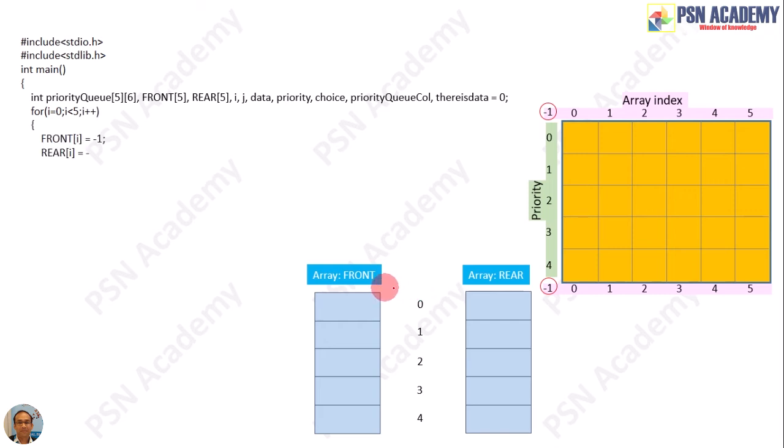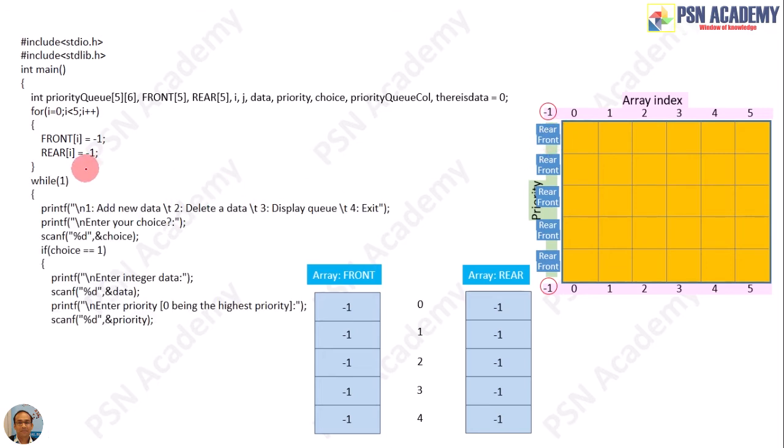And we initialize these two arrays with -1, right? So we run a loop here to initially set the front and rear to -1, so it will look like this. So for each row, or for each priority, rear and front are at -1. Okay. Next, you will run a while loop and provide this message: 1 for adding new data, 2 for deletion, 3 for display, and 4 for exit.